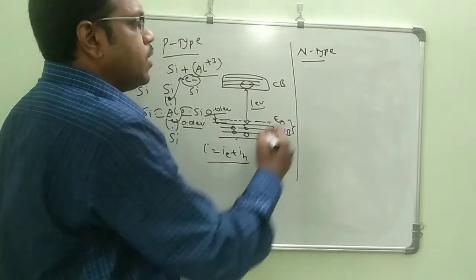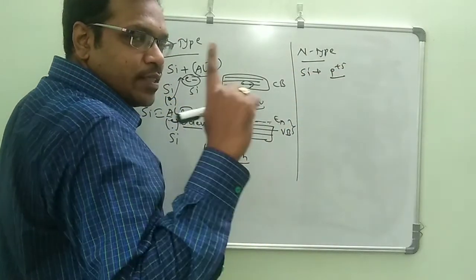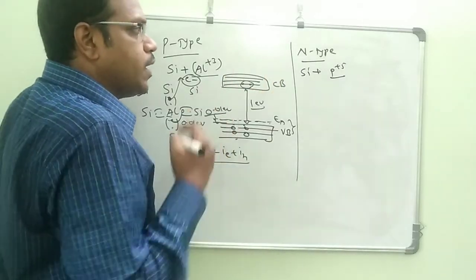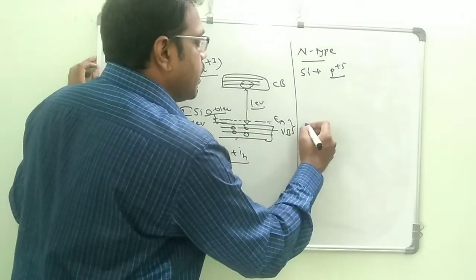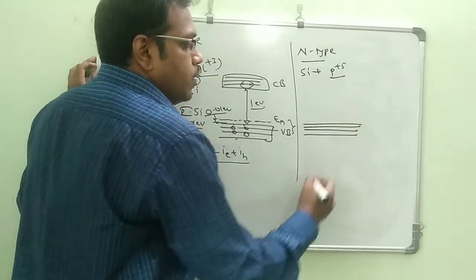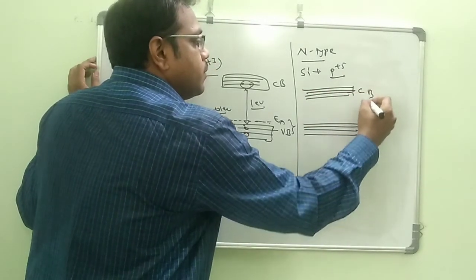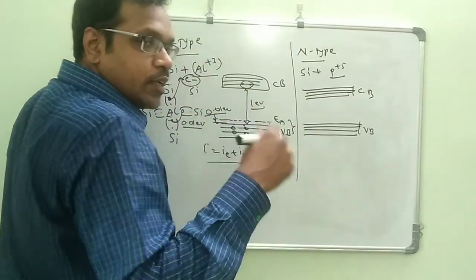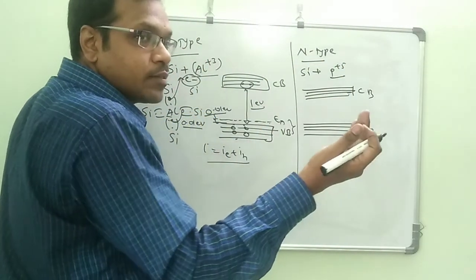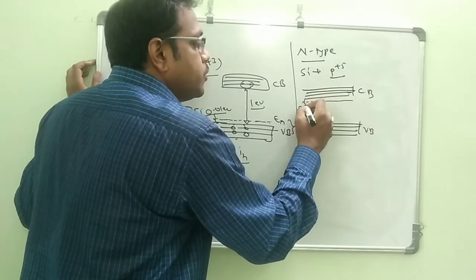In N-type, the silicon is doped with phosphorus, so one excess electron will be there. Here in p-type one deficient electron will be there, and in the next one an excess electron will be there. Further, if you draw the energy level diagram, we can see this is the conduction band and this is the valence band. As it's a donor atom, it is able to donate electrons to the conduction band, so this gap is 0.01 again.